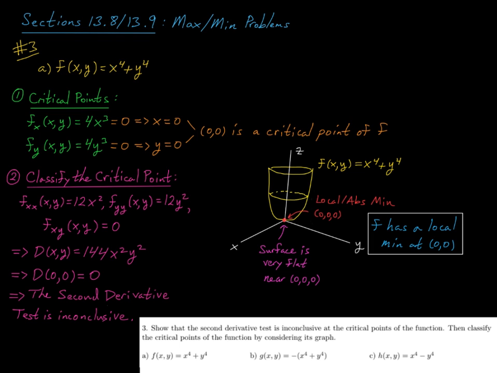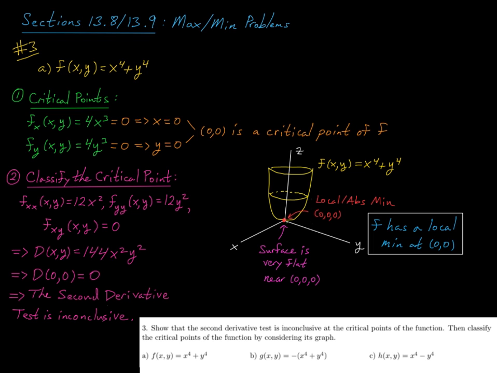Now, notice here, for this particular function, x to the fourth is non-negative and y to the fourth is non-negative. And since I'm adding these two quantities together, this expression will be as small as possible when both x and y are 0. Okay, so put another way, our surface will have a local, which is also an absolute minimum